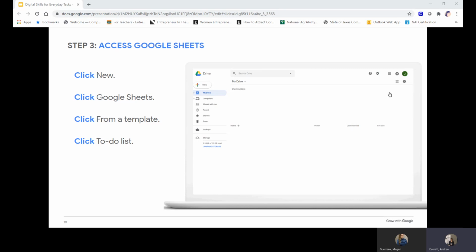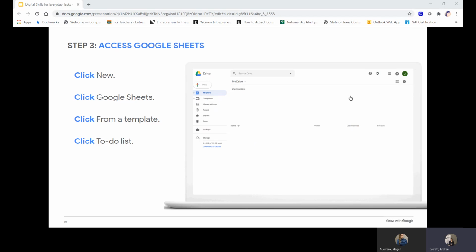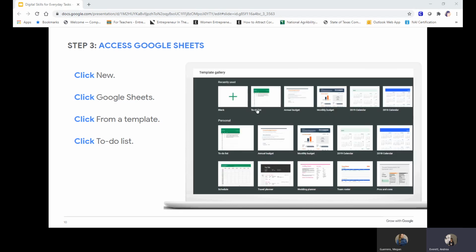Open a to-do list. Then give your sheet a name like yard sale to-do list or a similar name that describes an event or project you're planning. This becomes the file name and is the way you will find your file on Google Drive. Notice that as soon as you open up the sheet template, it is automatically saved on your Google Drive. In fact, any work you do in your sheet is saved automatically. You never have to click save.